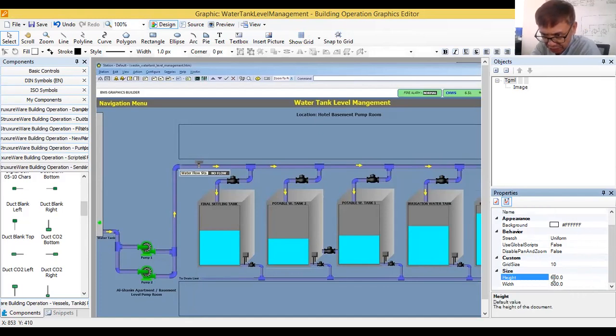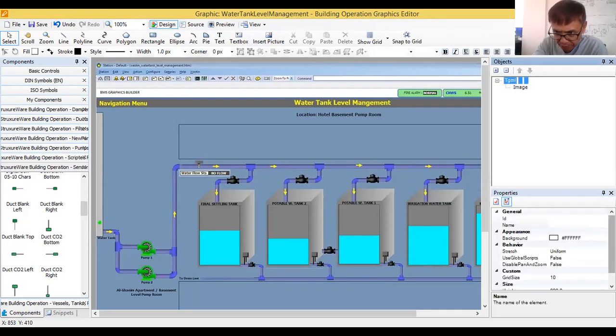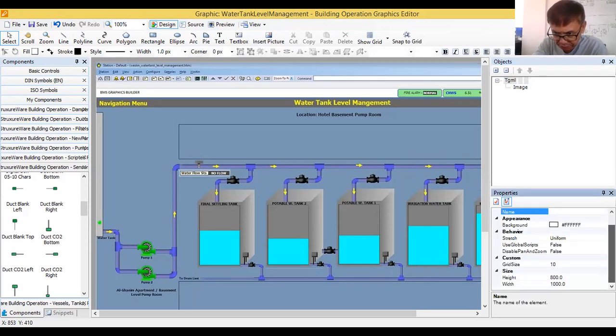Now I will make my height 800, then my width 1000. So I'm playing with the properties of this TGML. I changed the properties for the size: height 800, then width 1000.